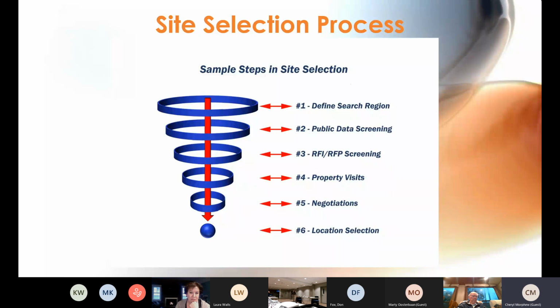So what's happened here that we've talked about is the company has defined their search region. The site selection firm has gone through all kinds of publicly accessible data to try to screen through rail and you name it, whatever that search criteria looks like. They're also looking at population numbers and probably looking at median income. I mean, the list just goes on, and the priority of each of those criteria is different for every company. But let's say on this Project Husky,